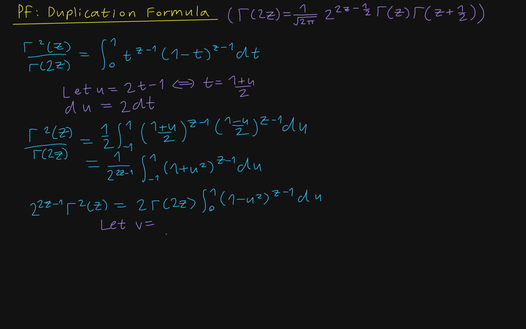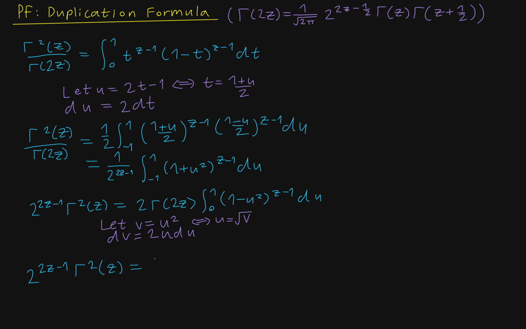v be equal to u squared, right? And then dv is just 2u du. Again, this is also u is equal to root v. And so if we plug this in, again rewriting the other sides, 2 to the 2z minus 1 gamma squared of z